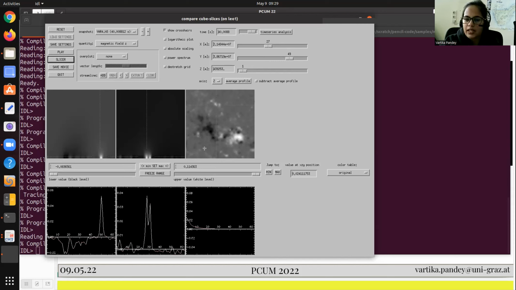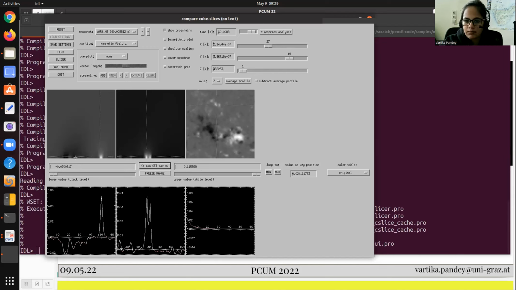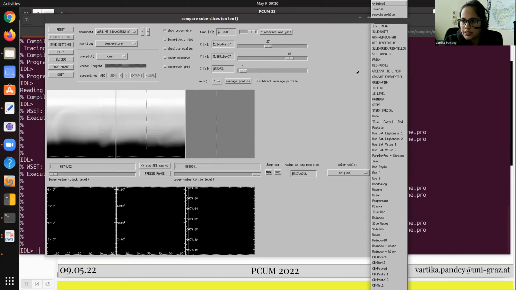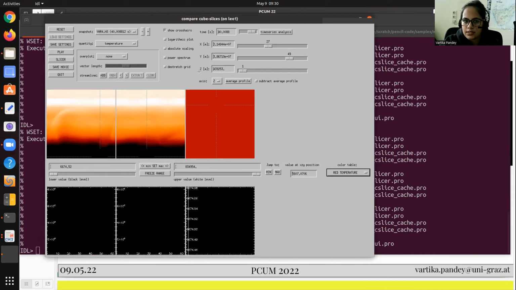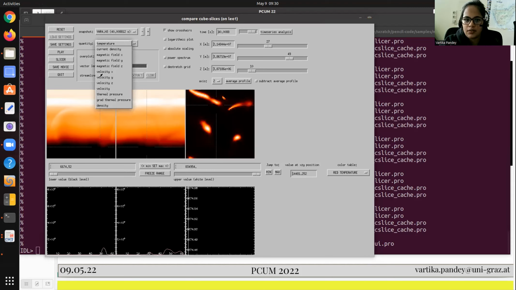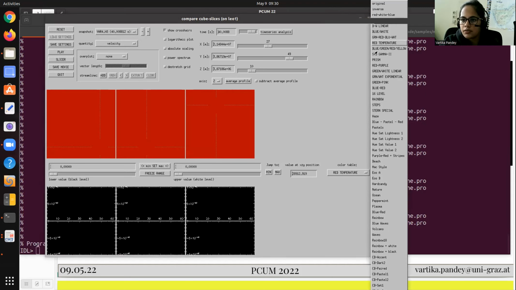Also, if you want to visualize this between a specific range, you can set the minimum and maximum value from here. Currently it is scaling between the min max value, but if you want to select like minus 0.05 or 0.05, you can do that and set the range according to you. Now, if you are visualizing the temperature, you can visualize it like this. Also, if you want to visualize the velocity, we have the velocity here, and if you want to visualize it in